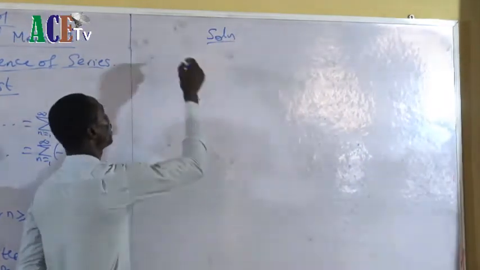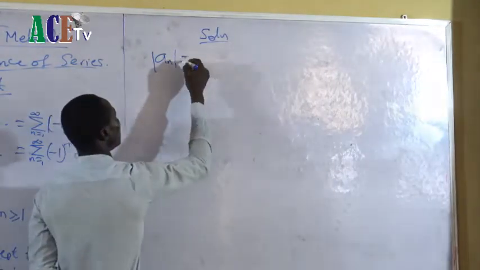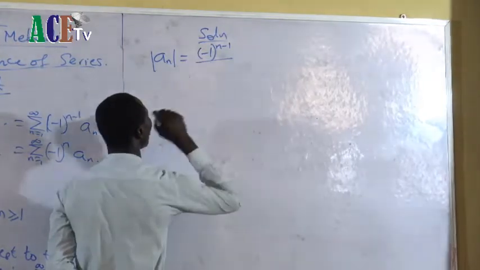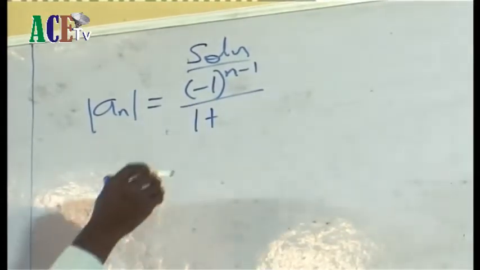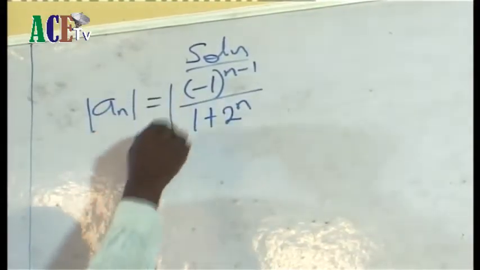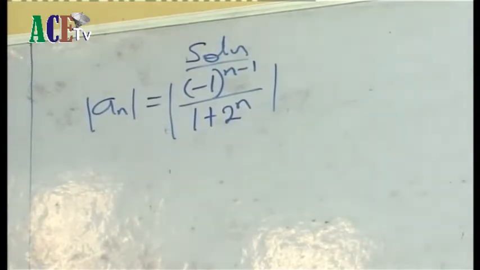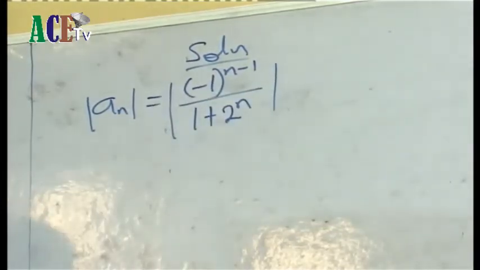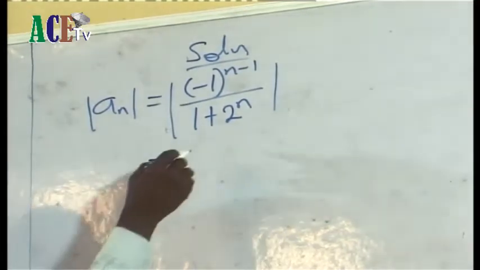Solution. If the absolute value of a_n is equal to the absolute value of (-1)^(n-1) divided by (1 + 2^n), if I have that one, then don't forget, this one can go for this. Let me write it in the law of indices. In the law of indices, this one can be written as